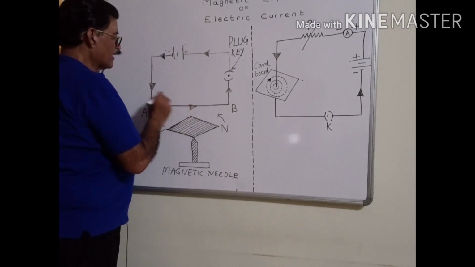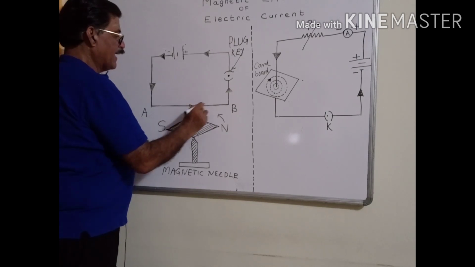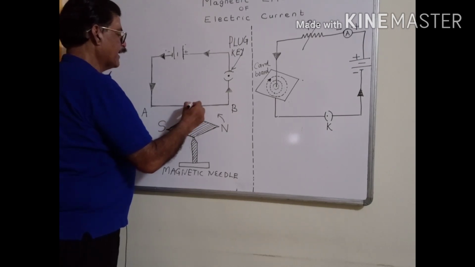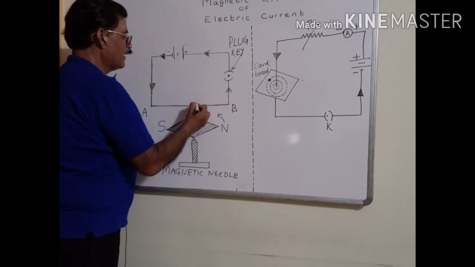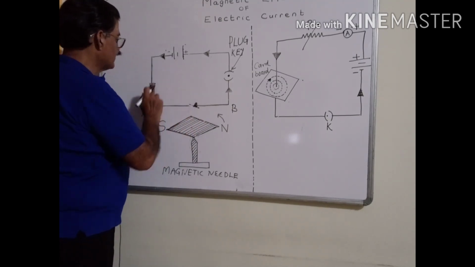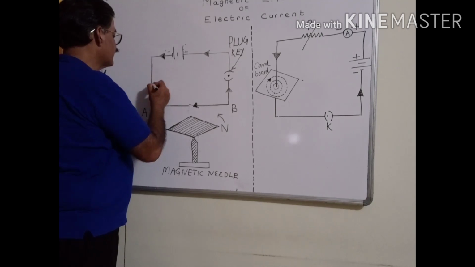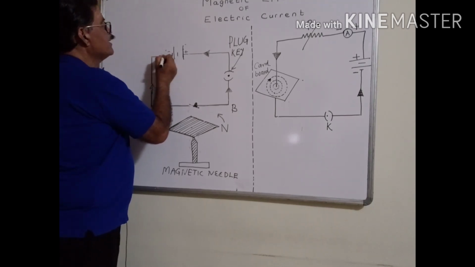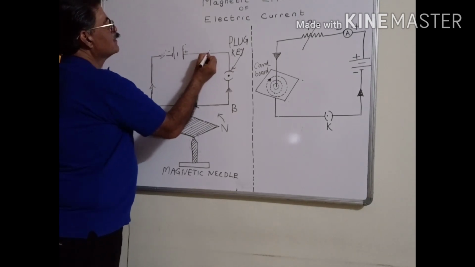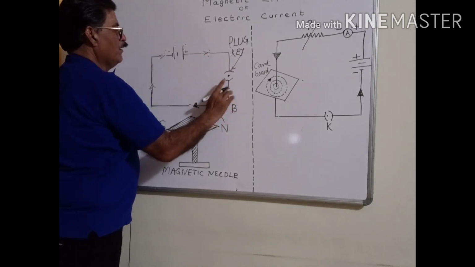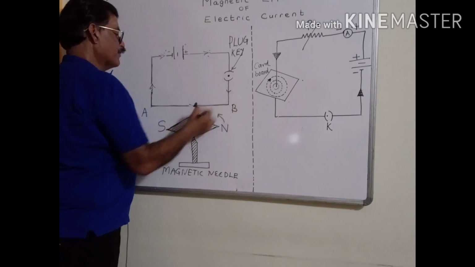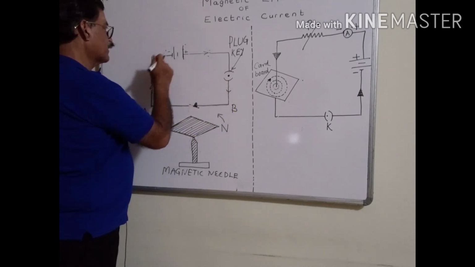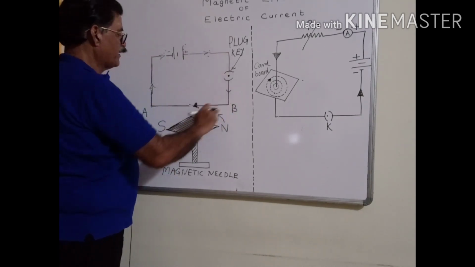Instead of the direction of the current being like this, now the direction of the current will get reversed. So the direction of current now throughout will get reversed, right? Similarly, that means the current will flow now in this direction, right? So the direction of current changes and it will flow like this. So when you find that the current reverses its direction, the direction of current is from positive to negative,